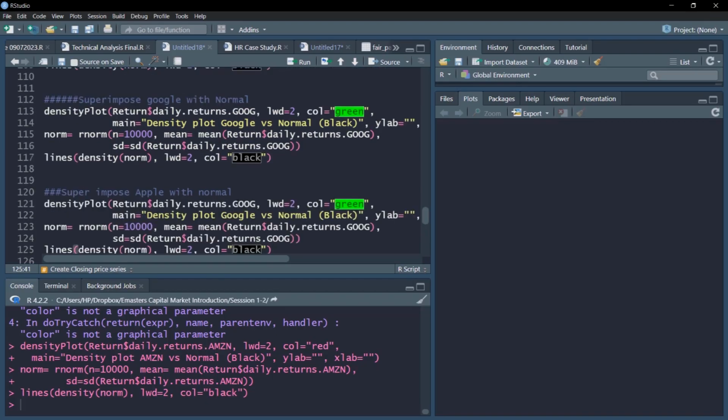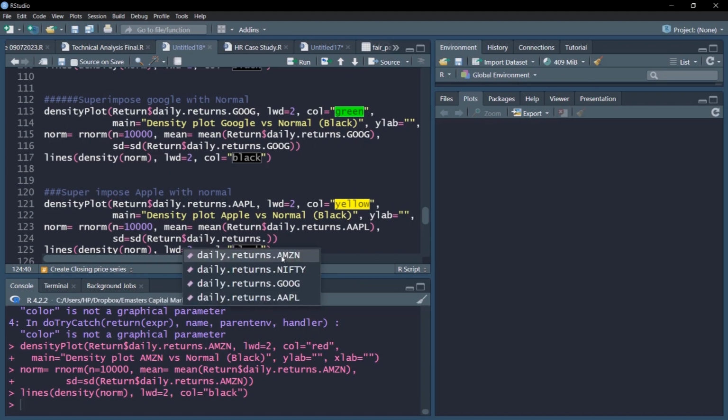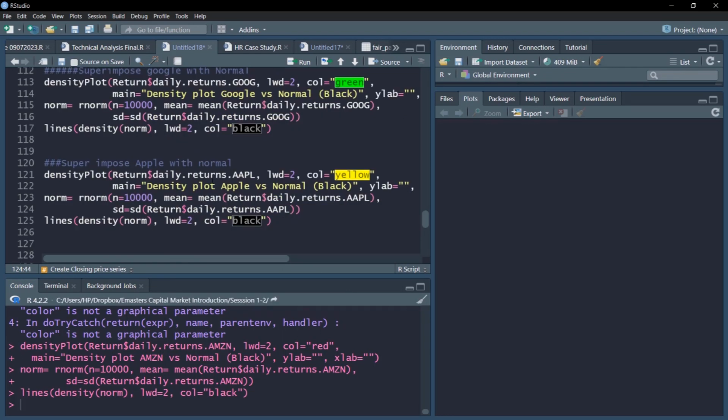Here now all I need to do is replace this Google with Apple, and instead of green probably I'll use the yellow color. So instead of Google we are using Apple. For mean and standard deviation also I need to ensure that I change this ticker to Apple, and we are done.